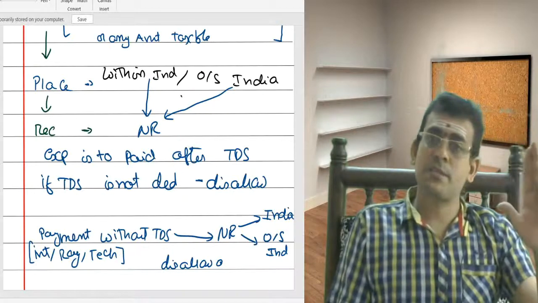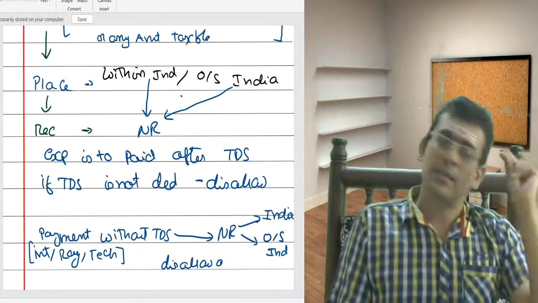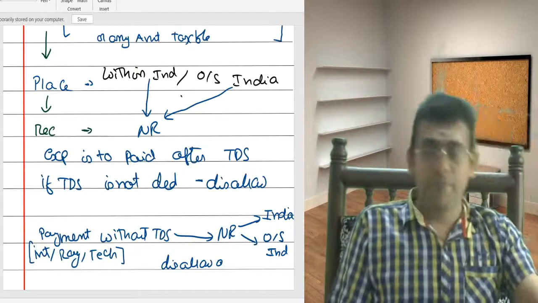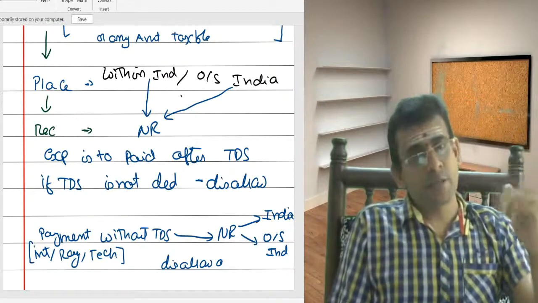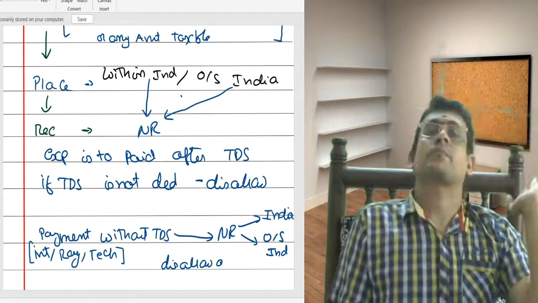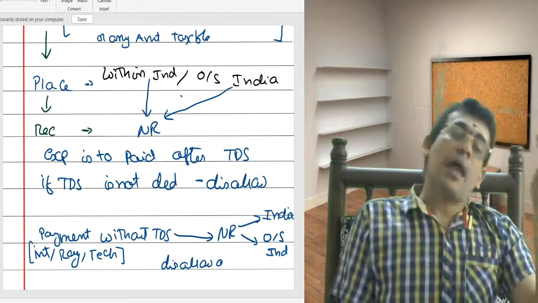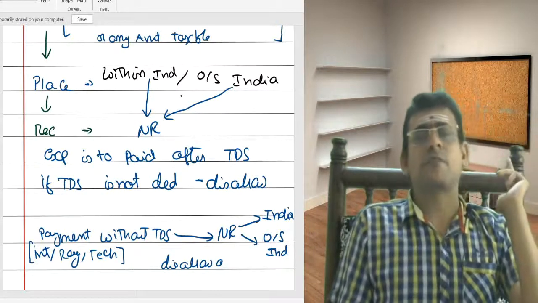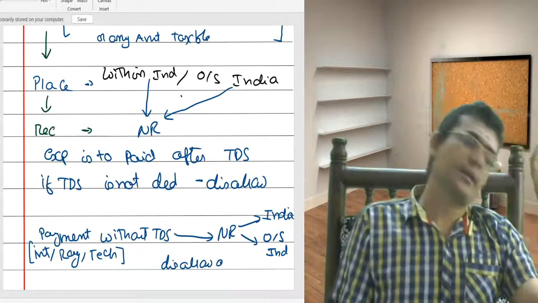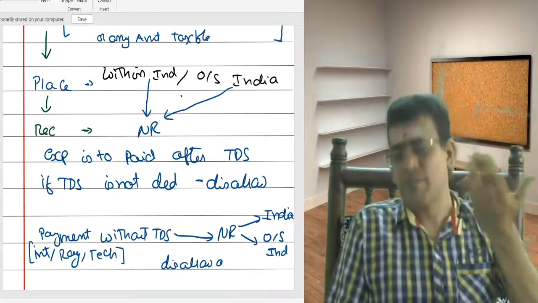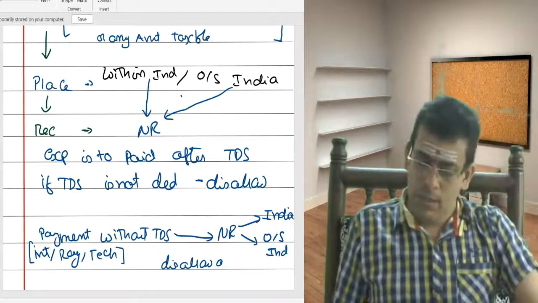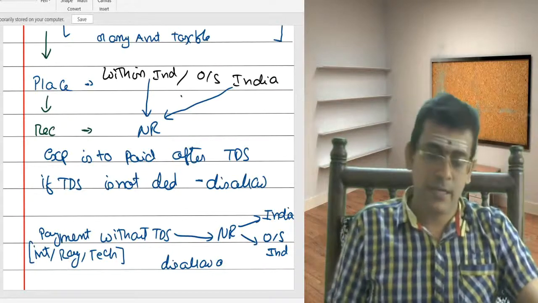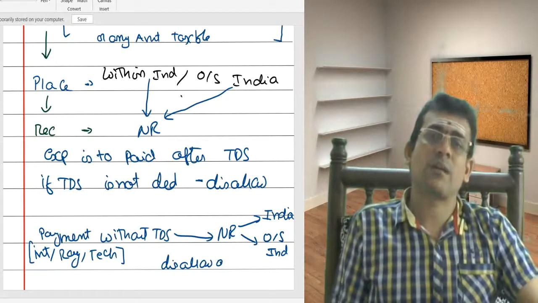The non-resident recipient has paid tax on this. Then ultimately, if you obtain a certificate from a chartered accountant stating that the amount of tax is paid, even though you are called a default, then you can take that amount as deduction. We'll see a few examples going forward. There you can easily understand the thing. So that's what is called 40A.